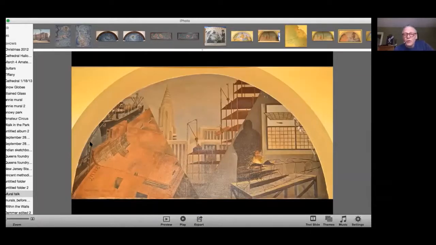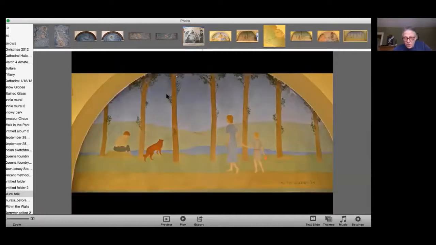This one is called Today. This one is done by Harry McDougall in 1934. You can see the Chrysler Building being put up in the background. And I'm going to show you these when they get restored. Again, here is a